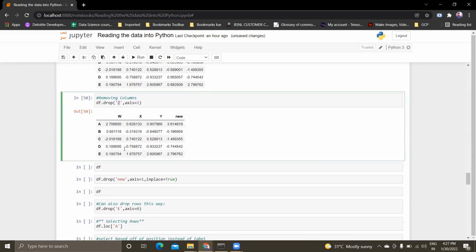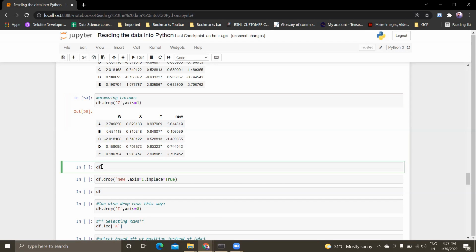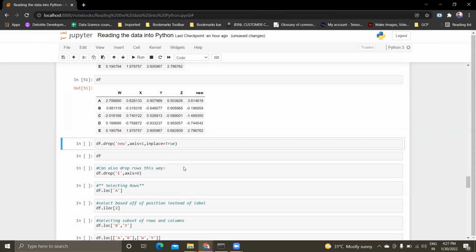If you see W, X, Y, Z, Z is dropped. Since I didn't use the inplace parameter equal to True, or assign this to any DataFrame, it will still be present here. To keep that result, use inplace equal to True.